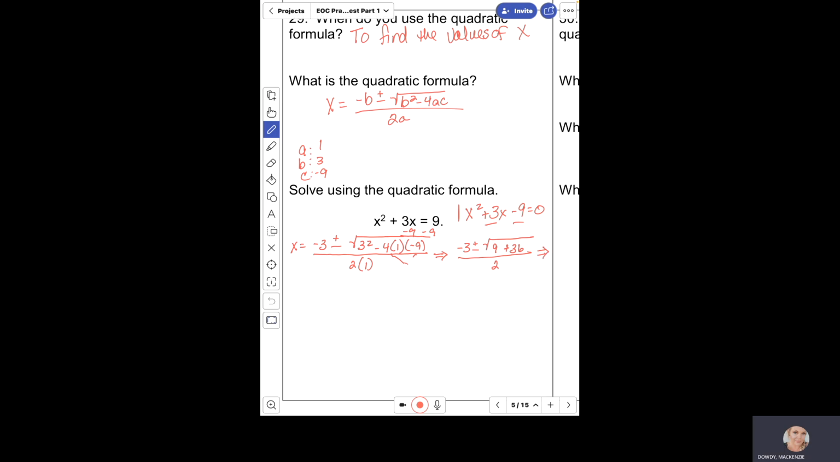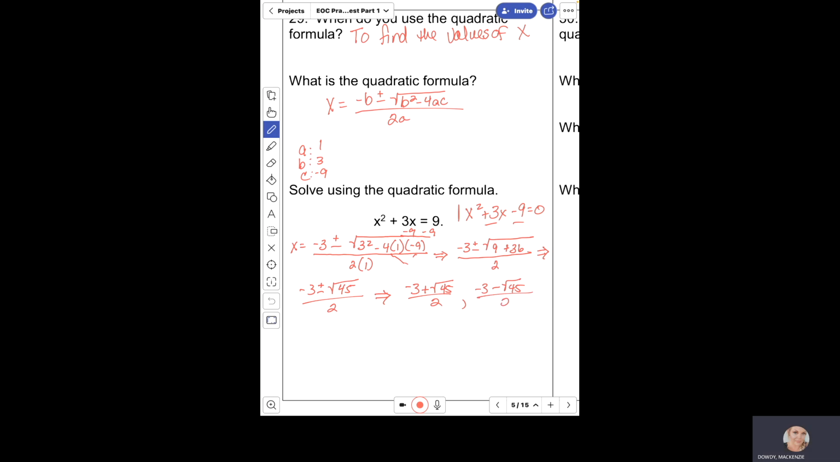Simplify that. I'm going to write it down here. You get negative 3 plus or minus the square root. 9 plus 36 is 45 over 2. So your values of x are negative 3 plus the square root of 45 over 2 and negative 3 minus the square root of 45